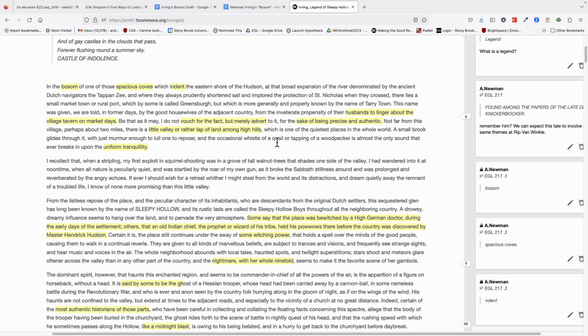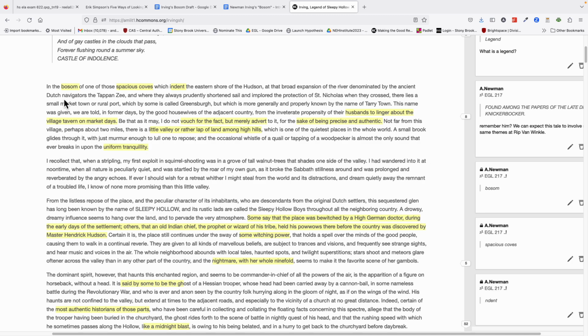"Not far from this village, perhaps two miles, there is a little valley or lap of land, which is one of the quietest places in the world. A small brook glides through it, just enough to murmur, to lull one to repose. Occasional whistle of a quail or tapping of a woodpecker is the only sound that ever breaks upon the uniform tranquility." So nearby this space that's so coded, geographically, as feminine,